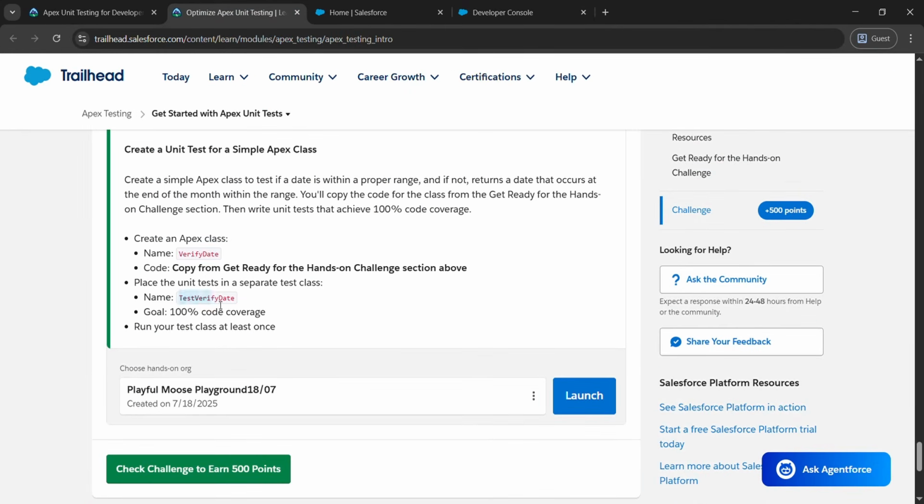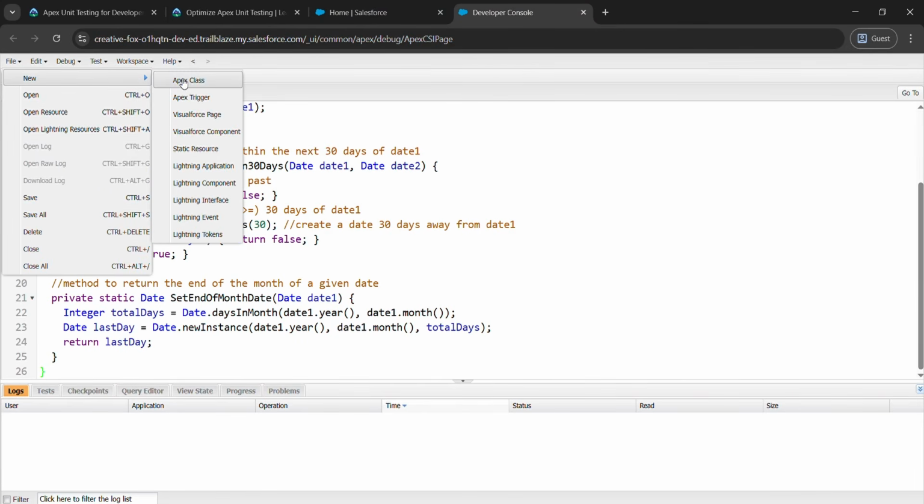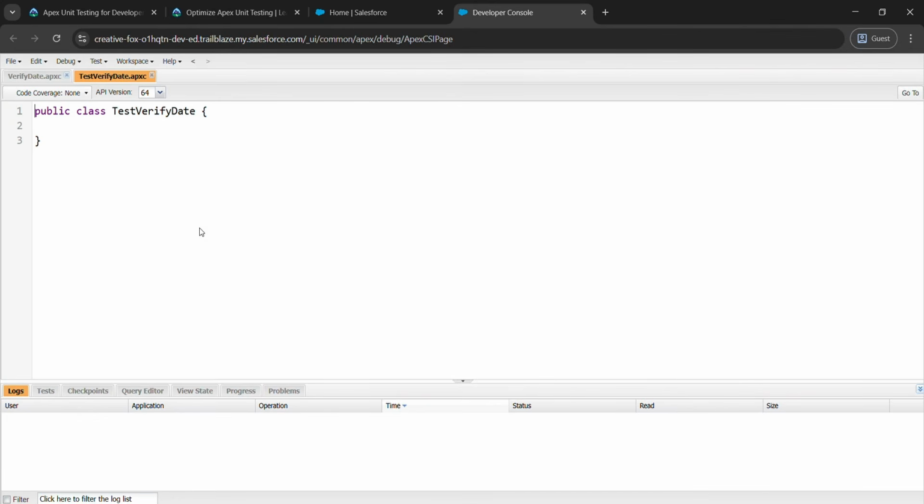copy the second name, which is TestVerifyDate. Just copy it. After that, come to developer console, click on file, new and FX class. Just paste what we have copied, then click on OK. After that, I'll be giving the code in the description. Just paste it